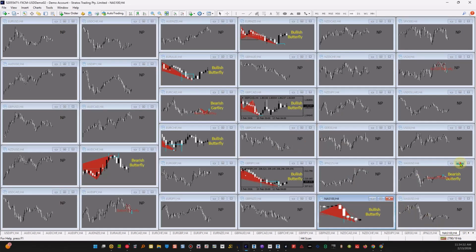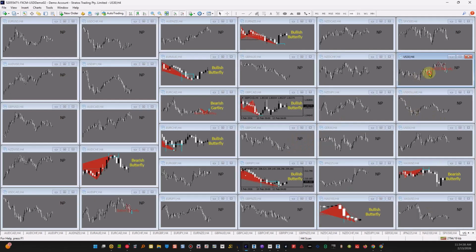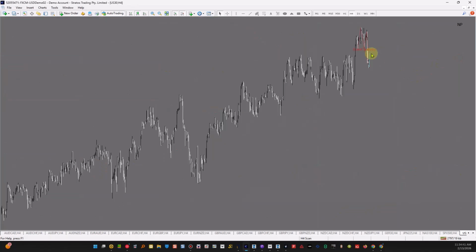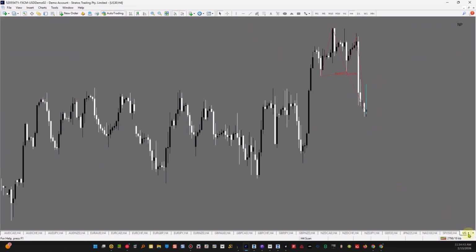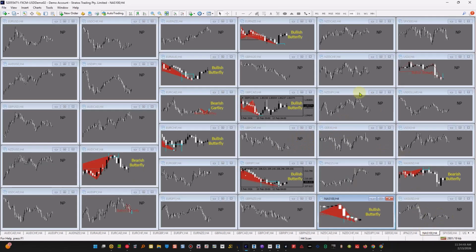We do have a gold harmonic that has already played out. It's no longer active. And we had a US 30 harmonic that already played out, no longer active. Okay. So the only active harmonic is on NASDAQ. So as you can see, it's really efficient for me to have an independent installation for MetaTrader 4 to scan the H4 chart. Keep it lightweight, keep it running smooth, and it helps me identify quick peak formation scenarios,